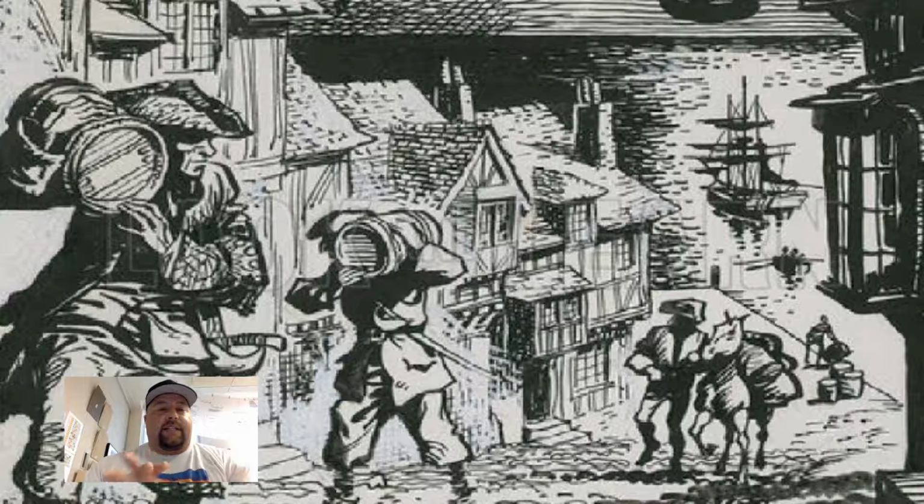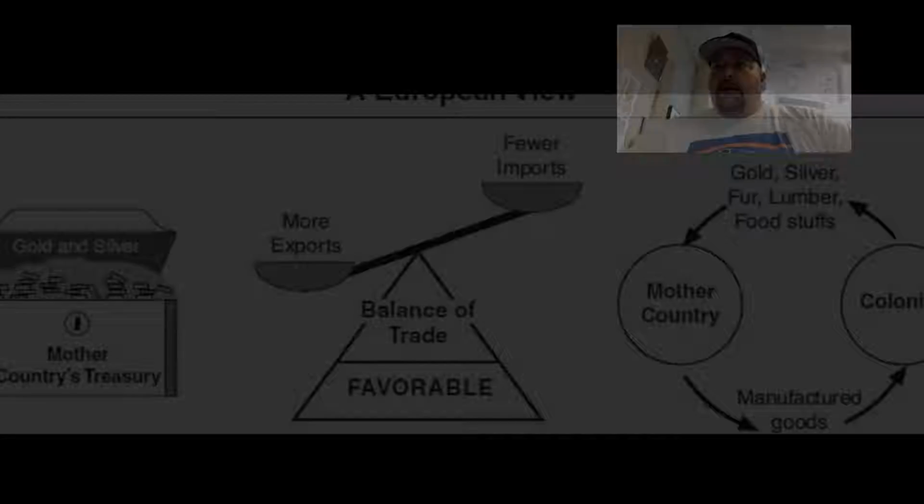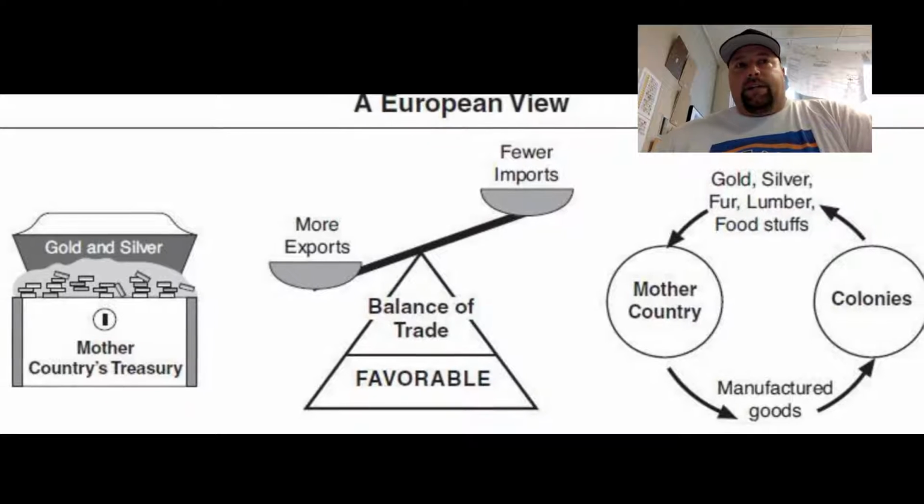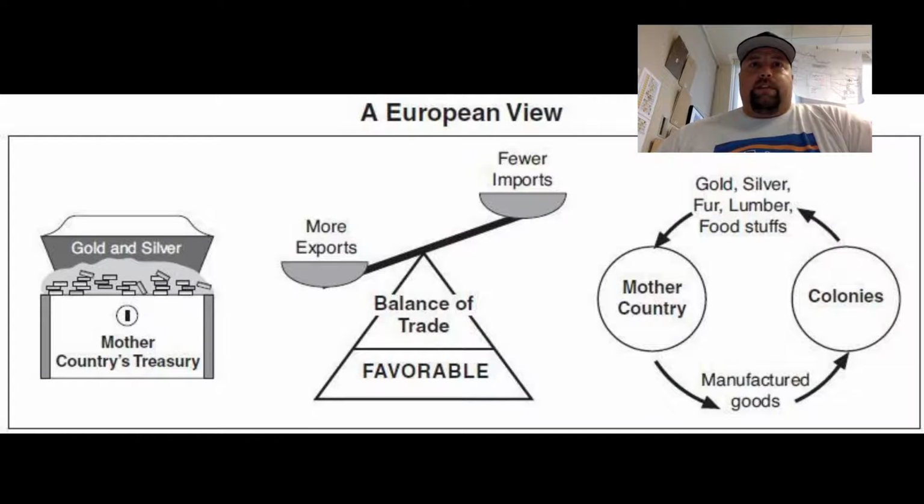So some colonists ended up ignoring these laws, the Navigation Acts, and began smuggling, which just means to trade illegally with other nations. As you can see here in the images, you can see the colonists smuggling items into the colonies from ships from other areas. So controls on trade would later cause even more conflict between the American colonies and England, kind of previews the American Revolution. So it's important to talk about the balance of trade between imports and exports.